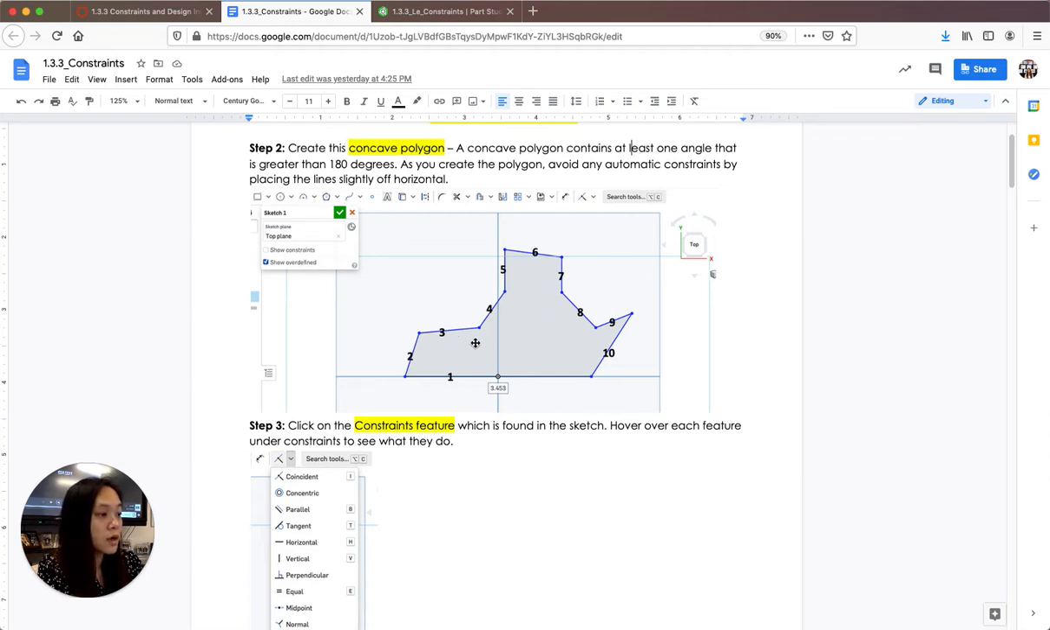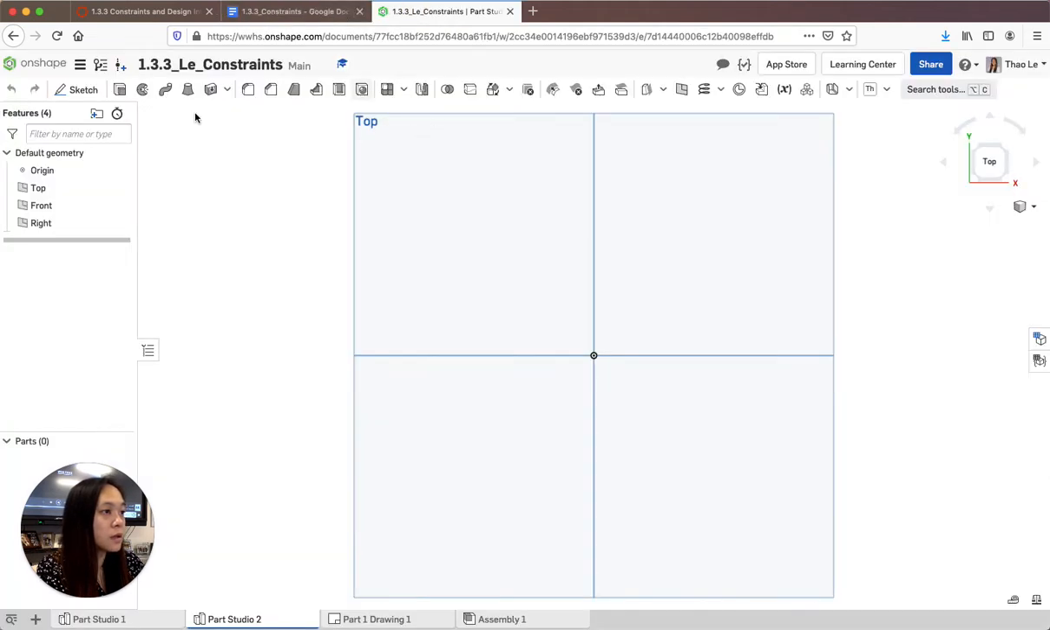As you notice, a concave polygon is where one of the angles is dented in, and basically what that means is it's greater than 180 degrees, like angle 8 and 9. So we're going to create this shape right here to the best of our ability, and it says avoid any automatic constraints by placing the line slightly off horizontal, and all that means is just a little bit at an angle. Okay, so I'm going to go 1 2 3 4 5 6,